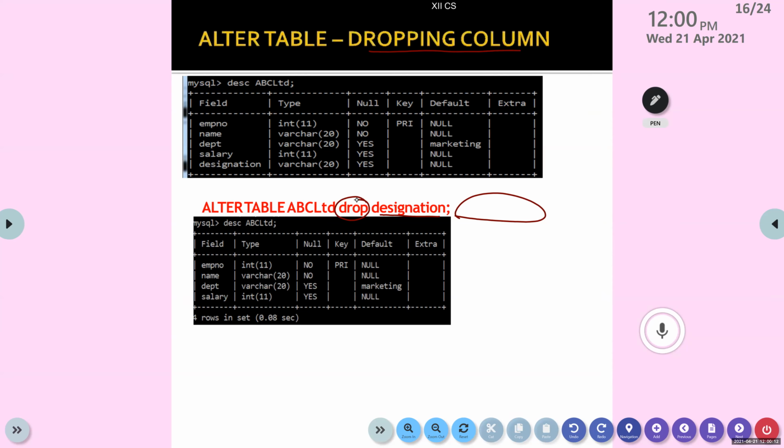So we dropped the column designation that we added. The command is alter table ABC Limited drop designation. Space is there in between: alter space table space ABC Limited space drop space designation.